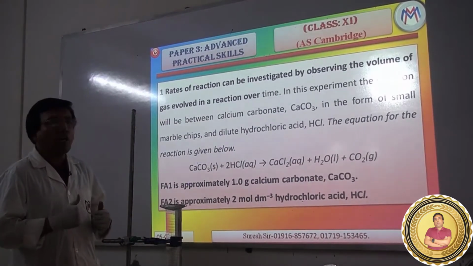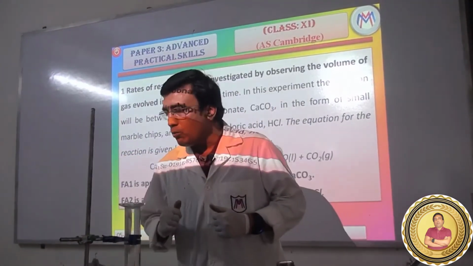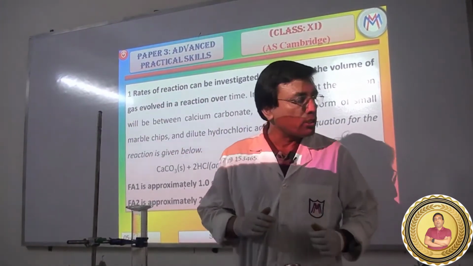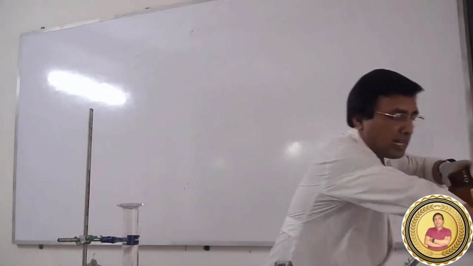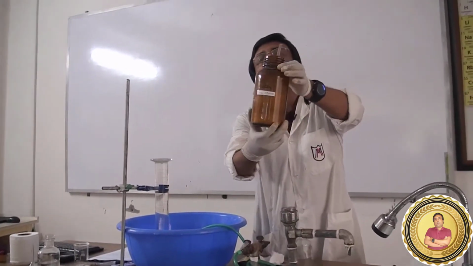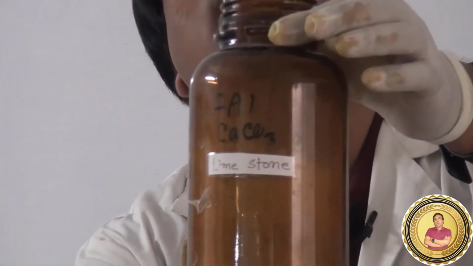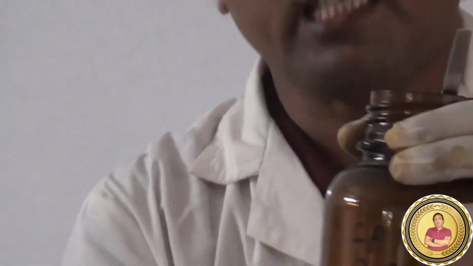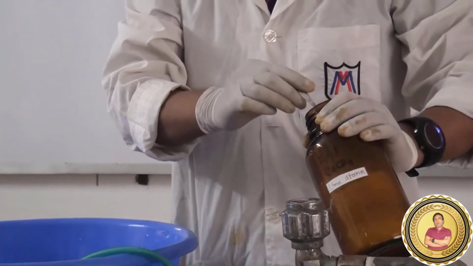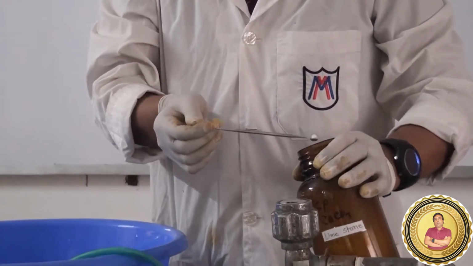We want to see it by now. We want to see how we will take 1 gram of calcium carbonate. First of all, this is the container in front of you, the container of calcium carbonate. You can see it here, Fa1, it is a sample of calcium carbonate, also called limestone. It's in marble chips form. We have to take near about 1 gram. So we have to now